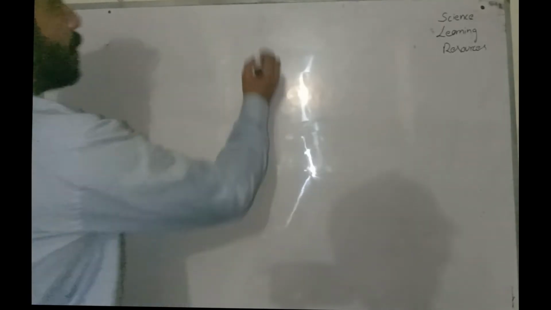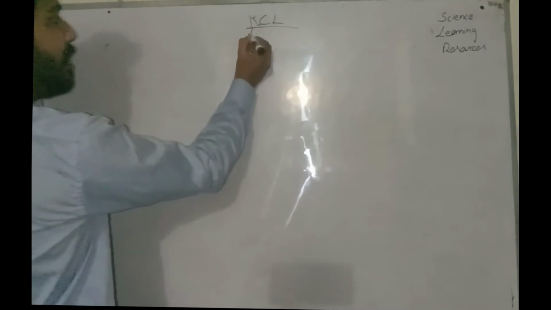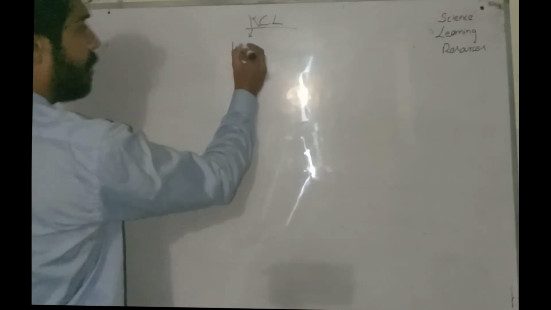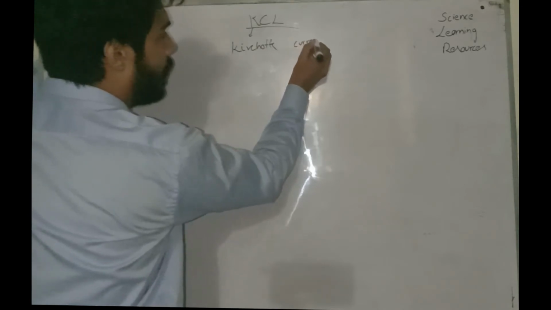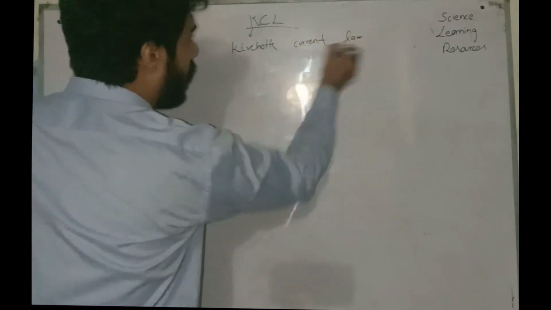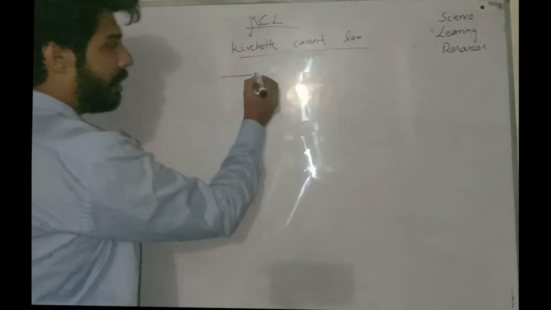Okay guys, today I am going to tell you how to solve KCL. So what is KCL? KCL is basically Kirchhoff's current law. It is a law presented by Kirchhoff. Kirchhoff said the sum of the current entering the node and the sum of the current leaving the node will